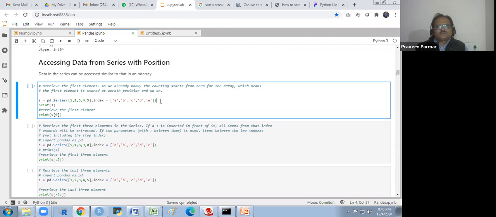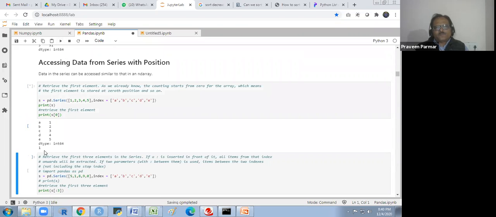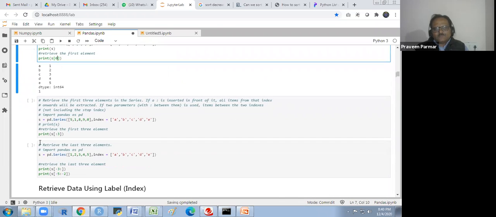I will print that series, and then I will access the 0 index. At index 0, I should get A equal to 1. Indexing A, B, C, D, E.